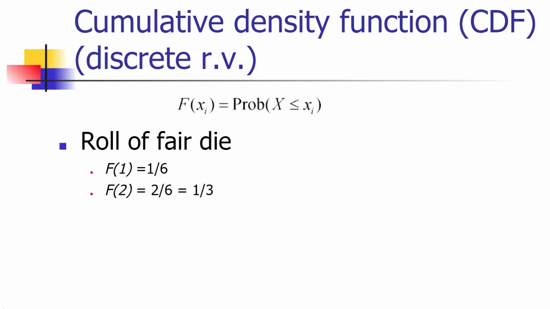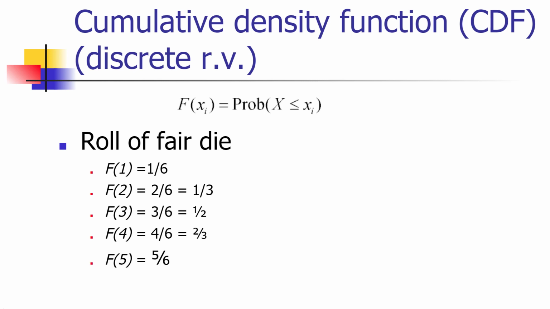You get 2 or less if you roll a 1 or a 2. The probability of getting less than or equal to 2 will occur 2 out of 6 times, or 1/3 of the time. 3 or less would occur 3 out of 6 times if you roll a 1, 2, or 3. So the probability of that is 3/6, or 1/2. The probability of getting a 4 or less is the probability of getting a 1, 2, 3, or 4, which would happen 4 out of 6 rolls of the die. And that would happen 4/6 of the time, or, for simplifying, 2/3 of the time.